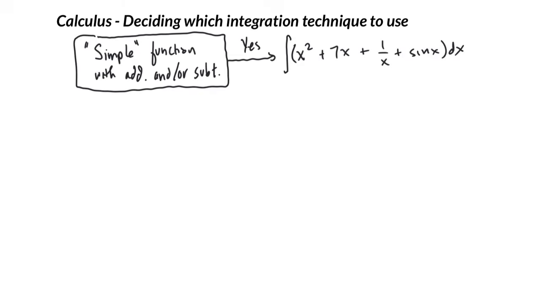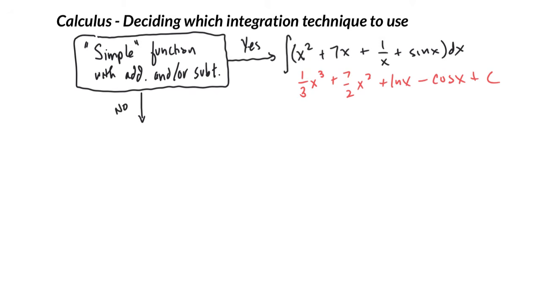And what I mean by that is, 1/3 x cubed plus 7 halves x squared plus natural log of x, minus cosine x, put a plus c, something like that, where you just get to do each little piece. If that's what your function is, then you just proceed with integrating each little piece. But if the answer is no,